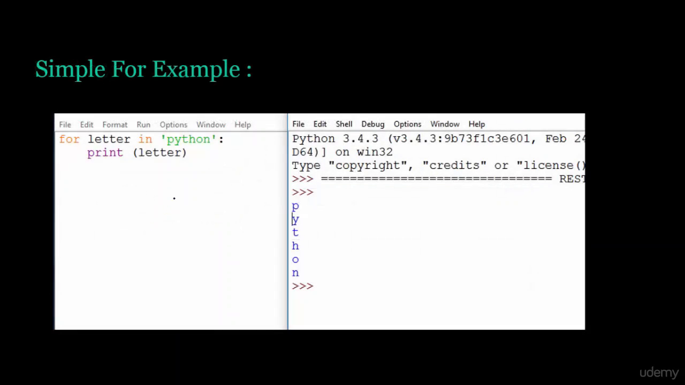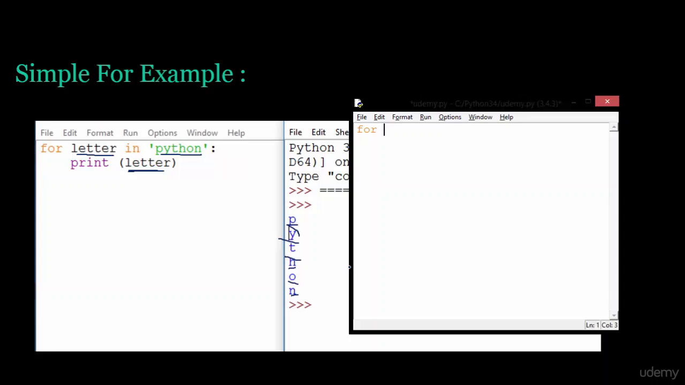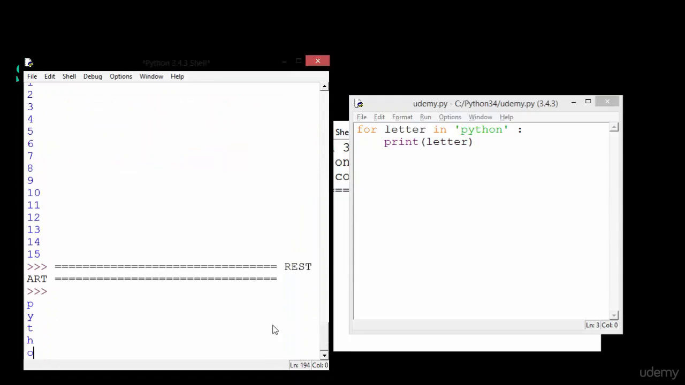Let's see an example. I type here for letter in Python we will print letter. Print P, Y, T, H, O, N. Let's try this in our Python shell. I type for letter in Python, print letter. If we print, this will give us